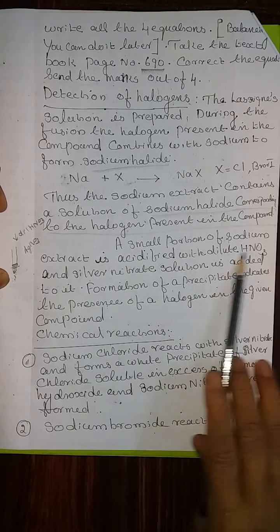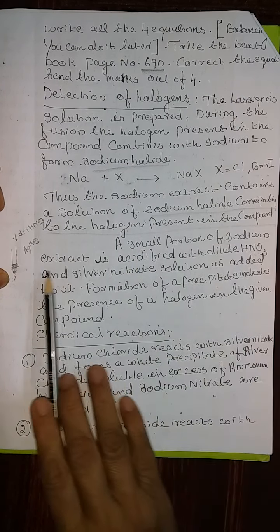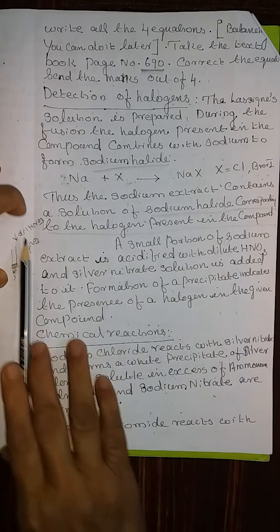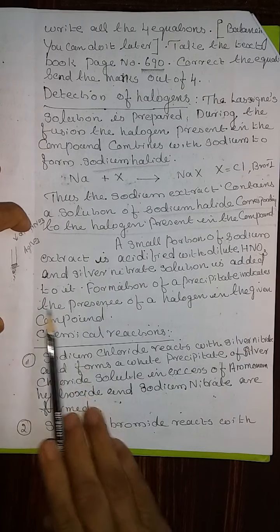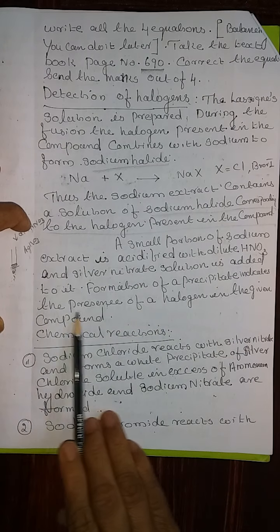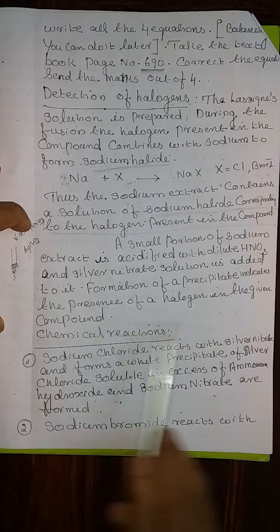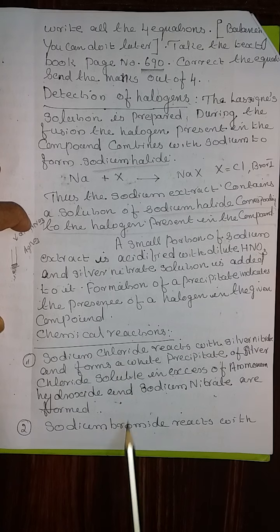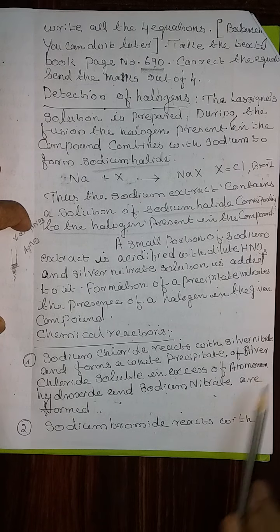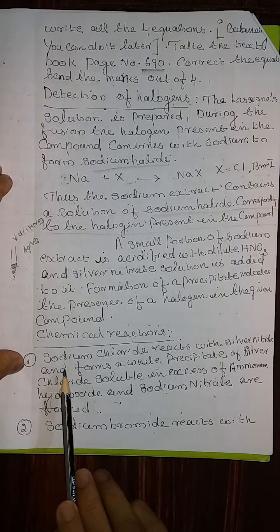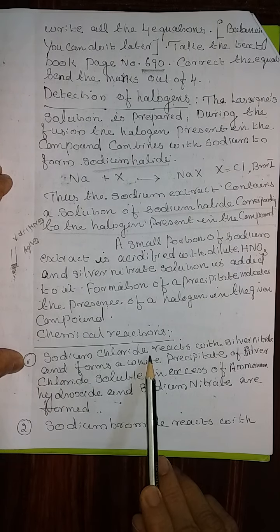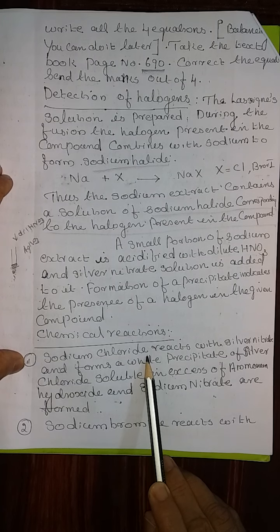A small portion of the sodium extract is acidified with dilute nitric acid and then silver nitrate is added. The formation of a precipitate indicates the presence of halogen in the given compound. You have to write the equation for all the chemical reactions. First, sodium chloride. That means if the halogen is chlorine,